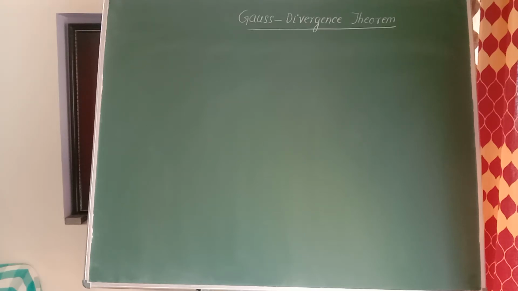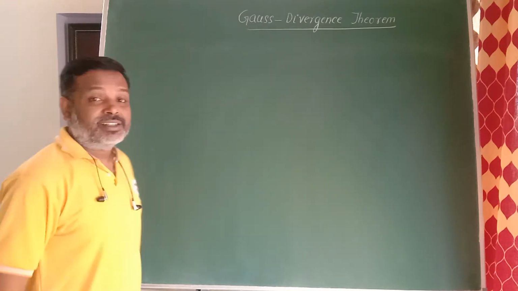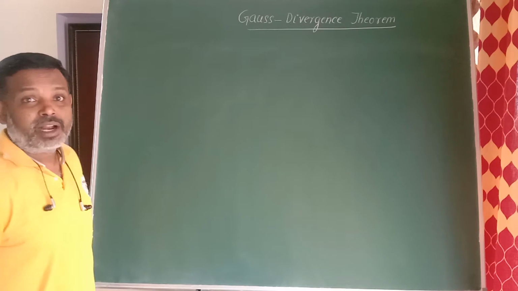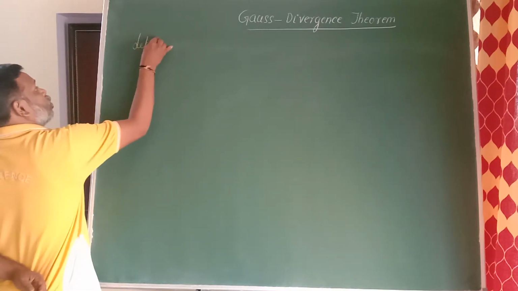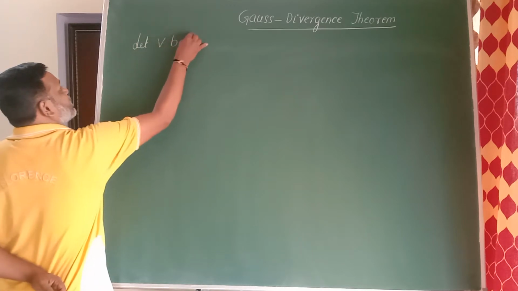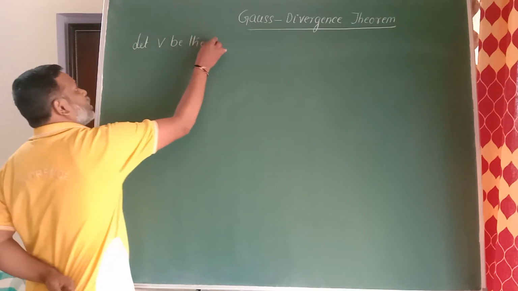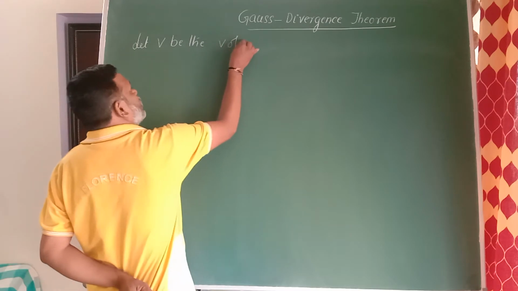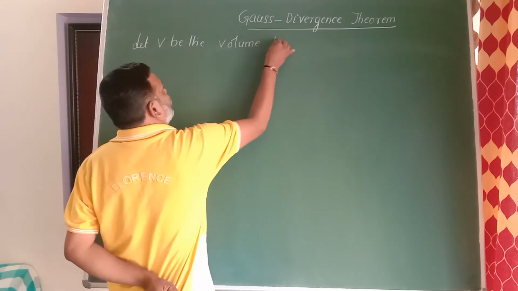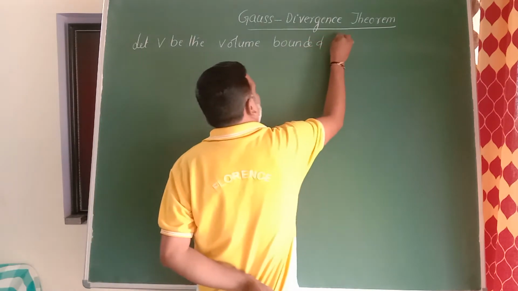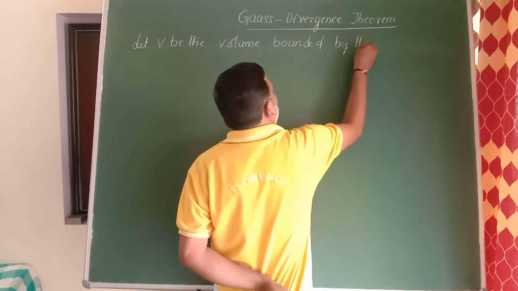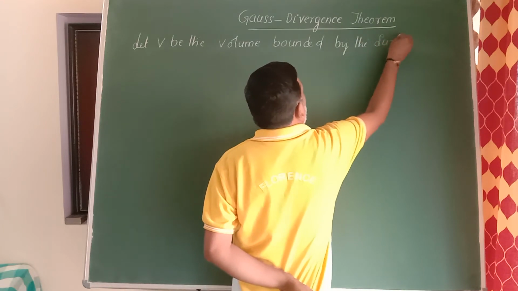Dear friends, now let us discuss one very important result, that is Gauss divergence theorem. So now let us understand the statement of Gauss divergence theorem at the very first time. So now what is that? Let V be the volume bounded by the surface S,